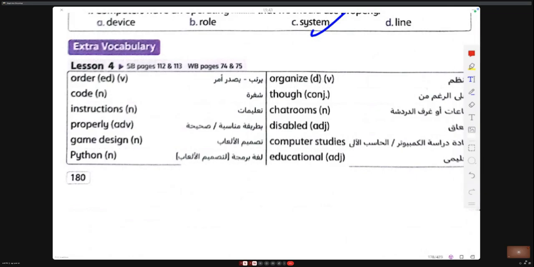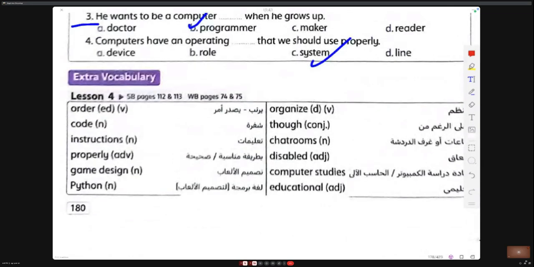Order. Code. Instruction. Properly. Game design.